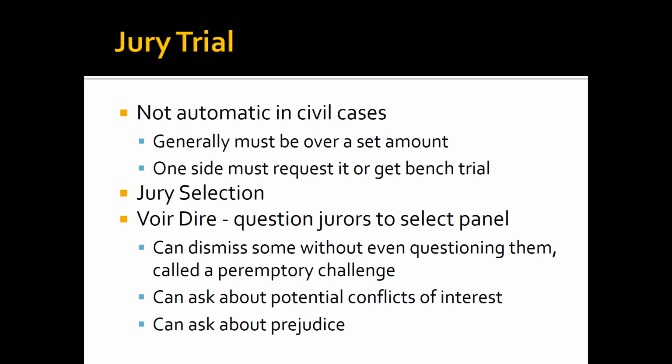This is drawn from, in the bad old days, it was just property lists, and it was just white men. But it's broader now. It's things like voting lists and driver's licenses, a whole nine yards. So you get lots of people to come in. And you put them on a panel, and you ask questions. So sometimes you can ask them a question, could you ever find for the plaintiff? And they might say, no, I would never find for a plaintiff. Well, they're prejudiced. They've prejudged the case. In that case, they can be dismissed.